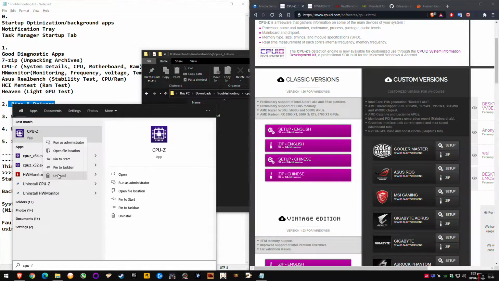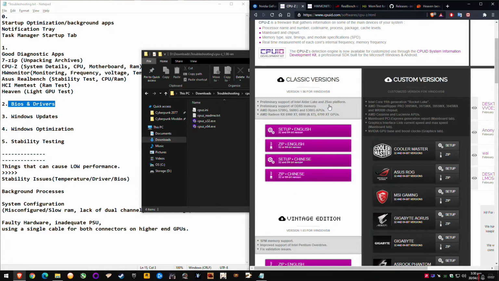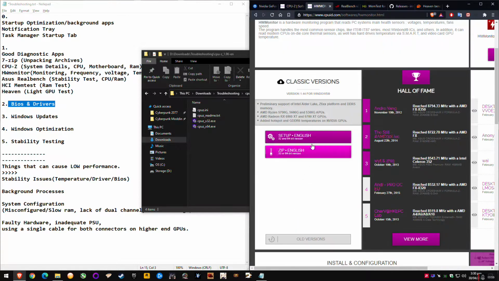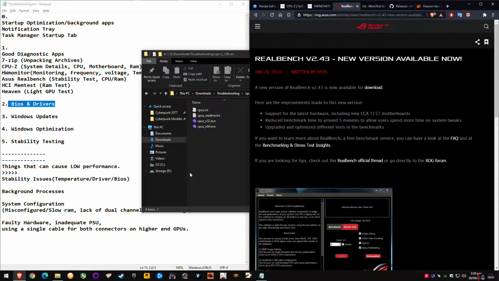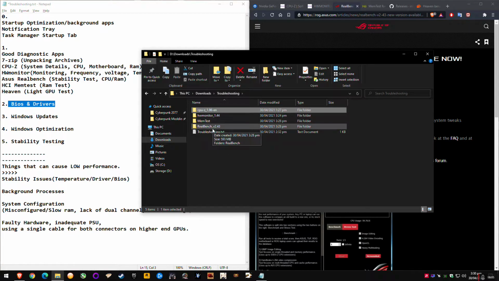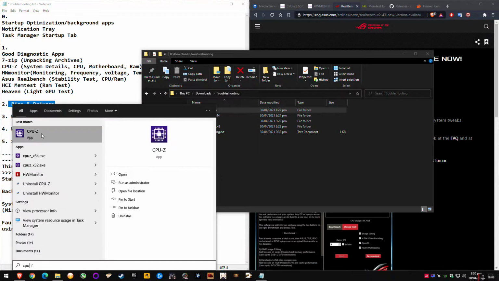So it's almost the same as unzipping the archive and having its own folder. You just don't have to go into a folder. It just puts it in your start menu. So it doesn't matter. They're both the same, and you want either of these top two ones unless you're Chinese and you want Chinese, whatever. And hardware monitor is the same. You have the zip or the setup, and then RealBench is a portable, so obviously we've unzipped that already, and MemTest is in its own folder. But either way, run them, run CPU-Z,